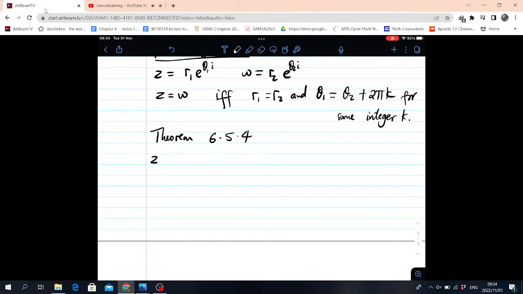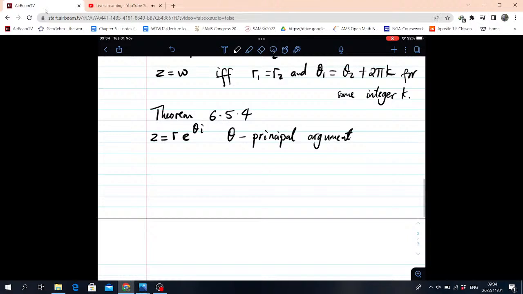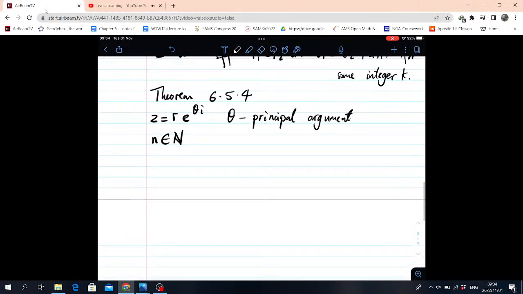And so it says if you've got a complex number z equal to r e to the theta i, and theta is a principal argument, then if you've got a positive integer n, so we can say n is a natural number there, then you're going to have